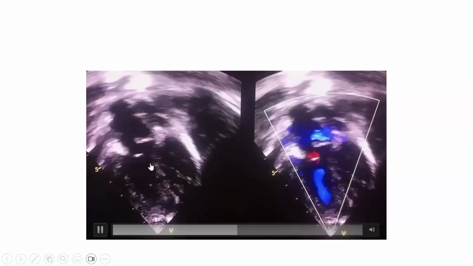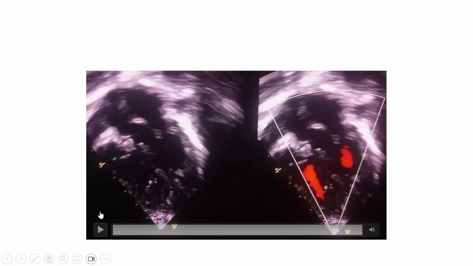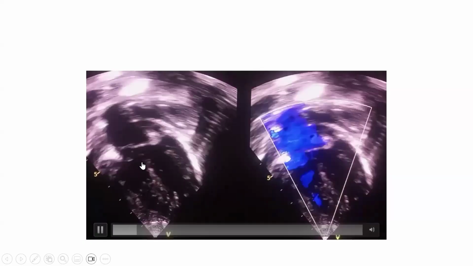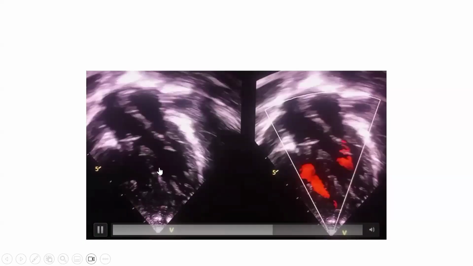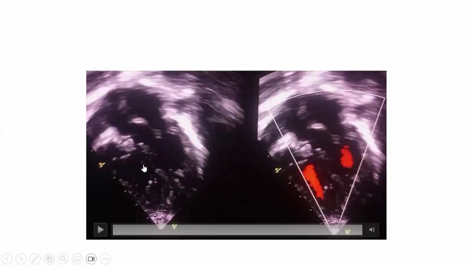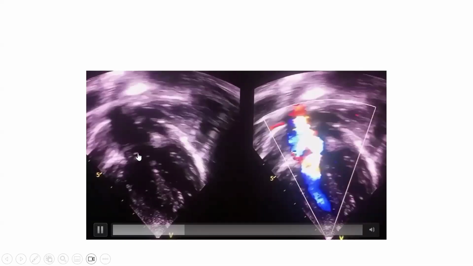So this is the kind of VSD that you see in tetralogy of Fallot. Okay, so right ventricular hypertrophy, a subaortic or subarterial VSD overriding a ventricular septum, and the shunt, like I said, is a right to left shunt going straight